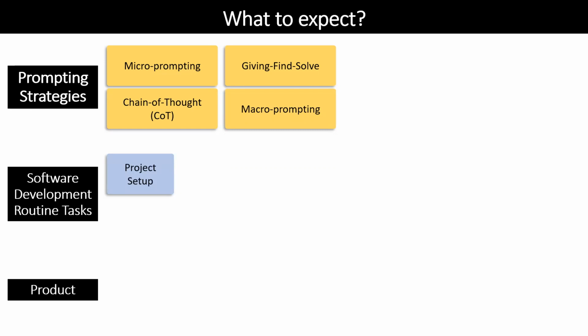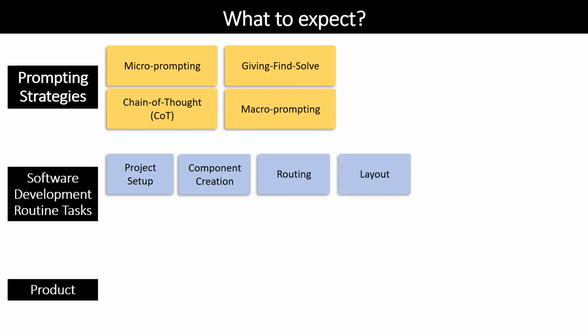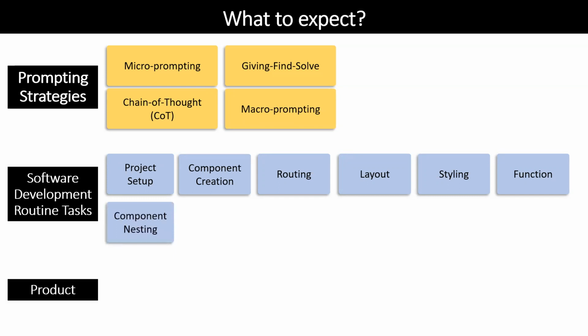And all these strategies will be combined to set up a project, to create components, to perform routing, layout, and styling of your application, and also to generate functions that are needed to drive the dynamic nature of your application. And we also touch base with component nesting, component refactoring, conditional rendering,